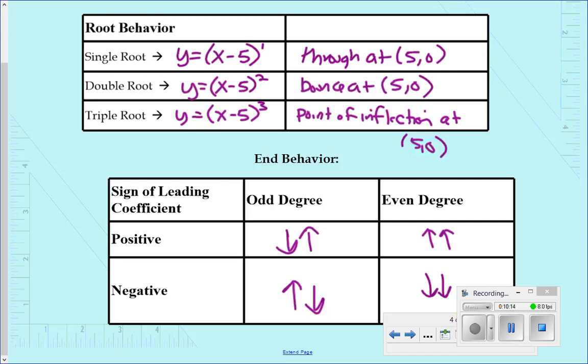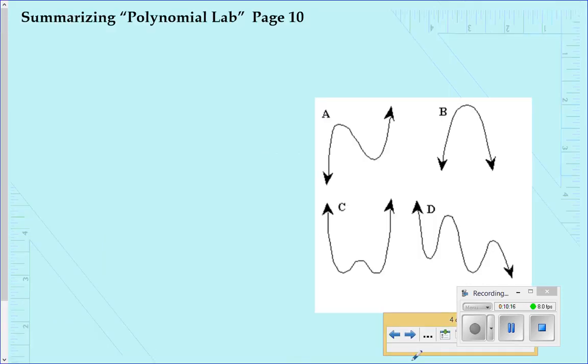Okay, the next thing we looked at would be page 10. So page 10 starts by asking a couple questions that we've already covered. So it says, what is the maximum number of roots a polynomial of degree 3 can have? That we know is 3. Then it says degree n can have, we know that's n. Then can a polynomial of degree n have fewer than n roots? We said yes. And then it says under what conditions? Remember,